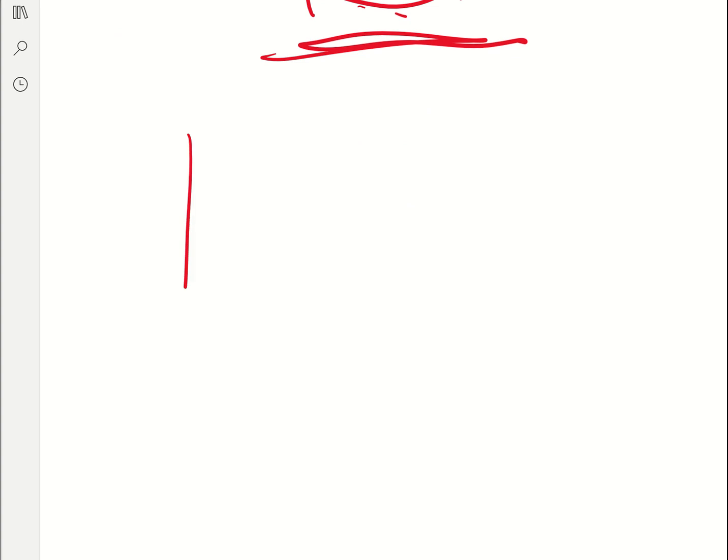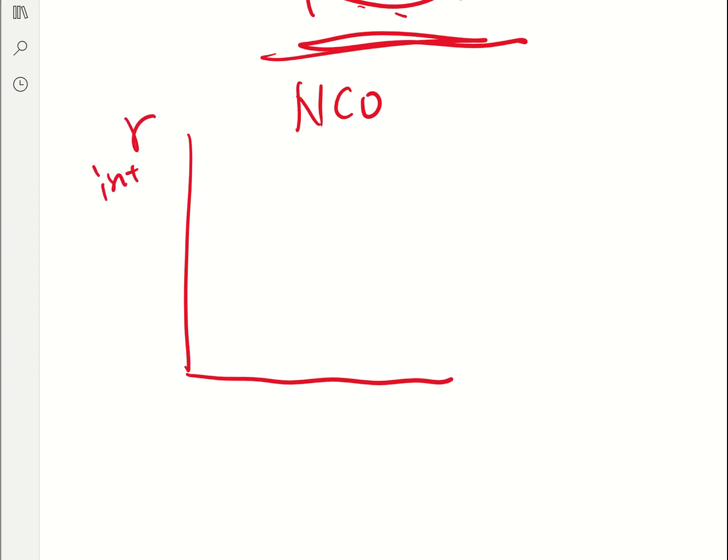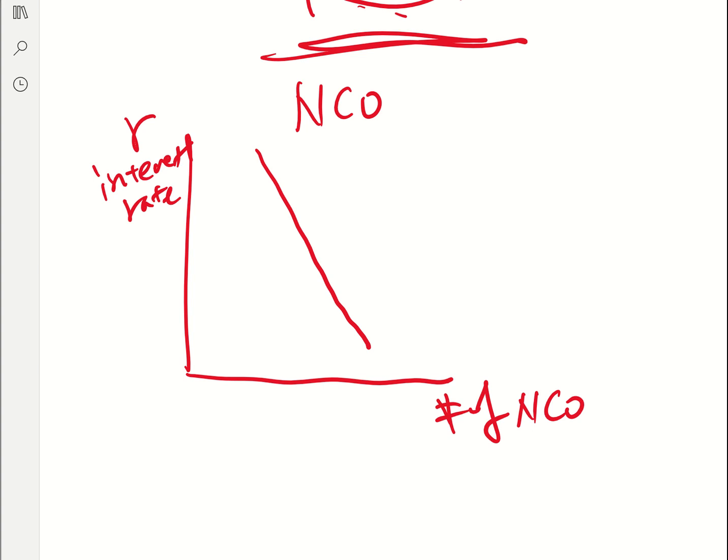For NCO, when I look at the market for net capital outflow, again this is influenced by our real interest rate. So this is the interest rate, and this will be the amount of net capital outflow. If you graph real interest rate against net capital outflow, you're going to see an inverse relationship. So NCO is going down, because at a higher interest rate,